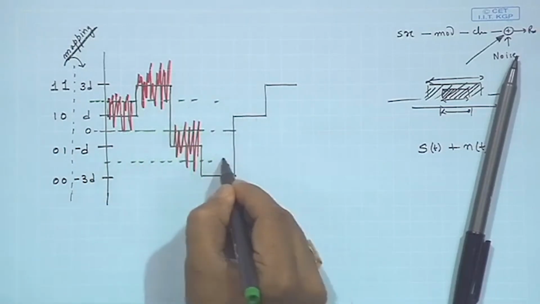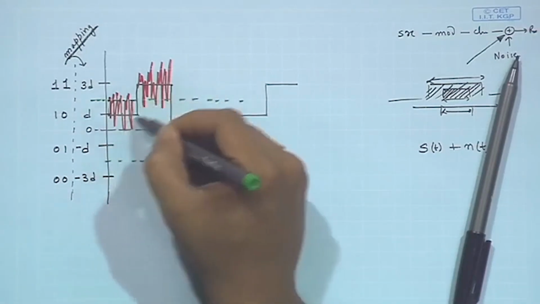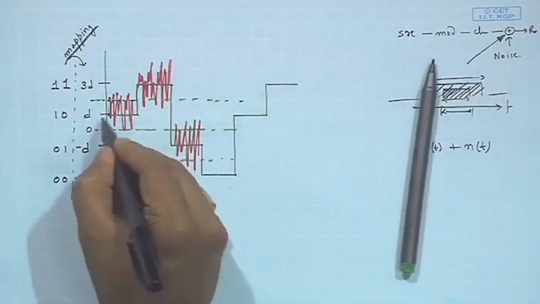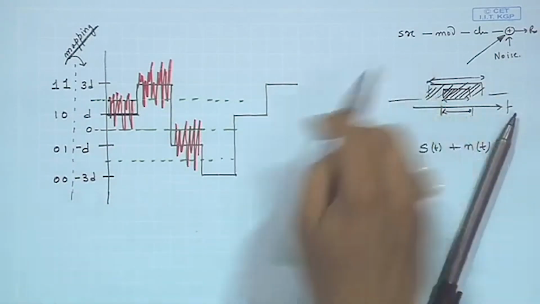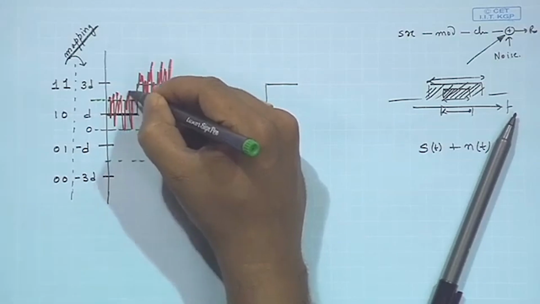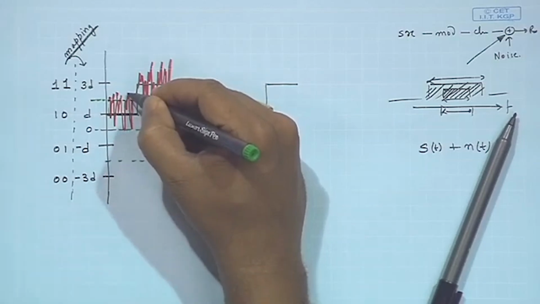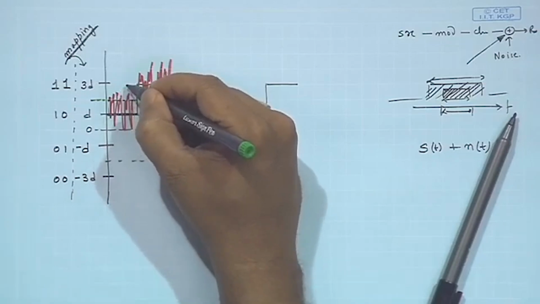What do we mean by decision levels is that when I receive this signal, so suppose something has been sent, what does the receiver do? Receiver simply observes this, compares it with a threshold, right. If the received signal goes above this threshold, it would say that plus 3D is the received amplitude, because